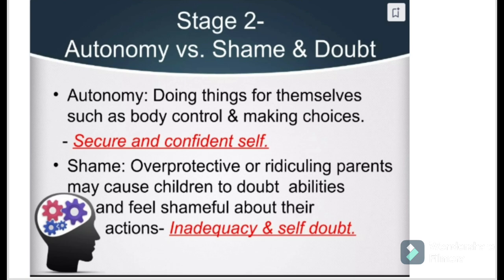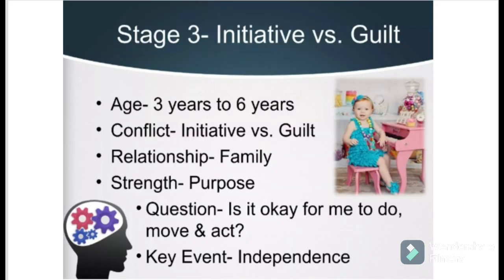Stage 3 is about initiative versus guilt. The age group associated with it is 3 to 6 years, in which a child develops a relationship with the family. If all things are positive, the relationship is positive, he is learning positive things, and he is getting positive vibes from his family, his siblings, or other persons of the family, then he will develop initiative. He will develop the confidence that he can take initiative in different things, and he will be the first to attempt anything.